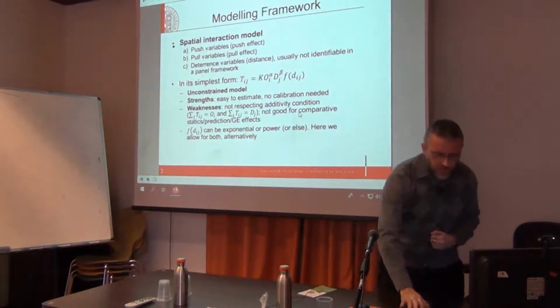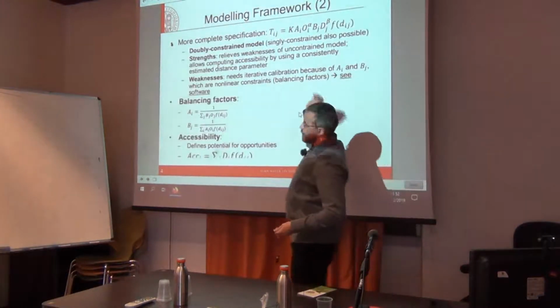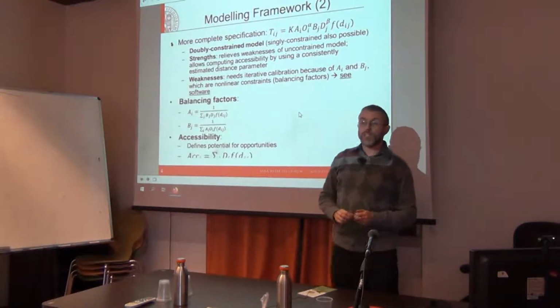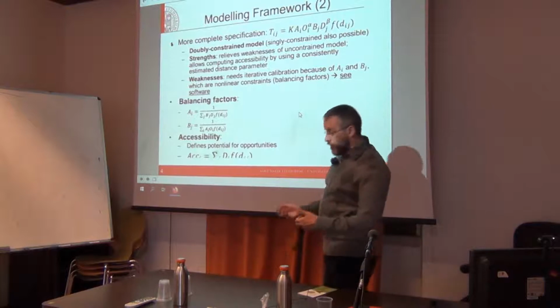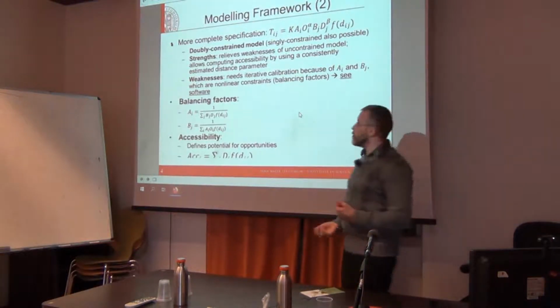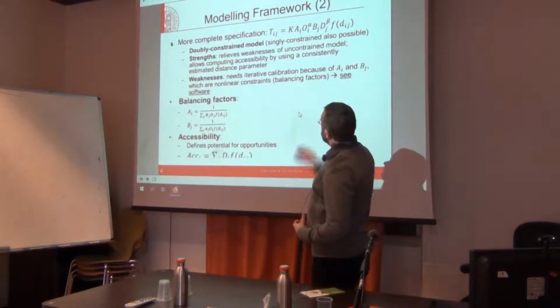Many functional forms have been tried in the past. So, because you cannot use the unconstrained model for comparative statics and prediction, in the 70s and the 60s, Sir Alan Wilson developed what is called the doubly constrained spatial interaction model, which is the same model, but you can see,